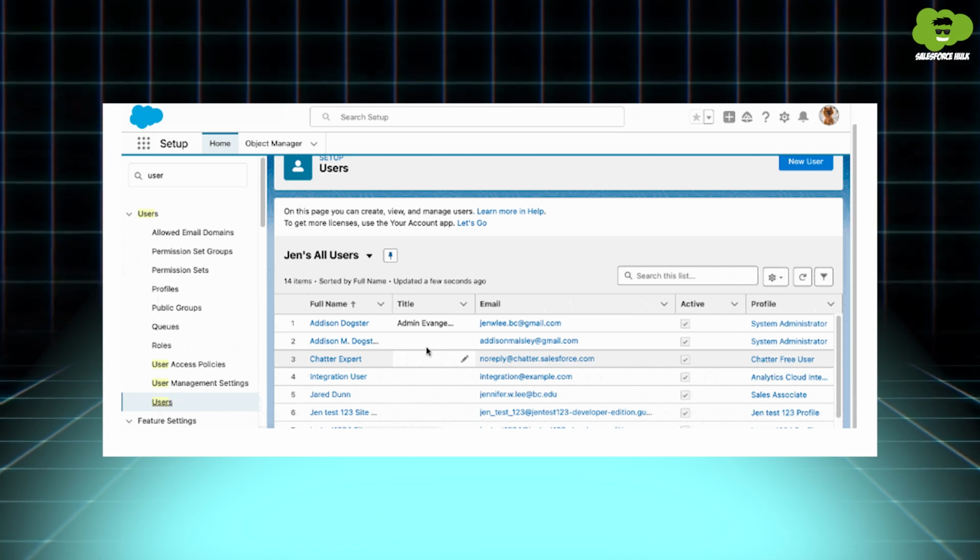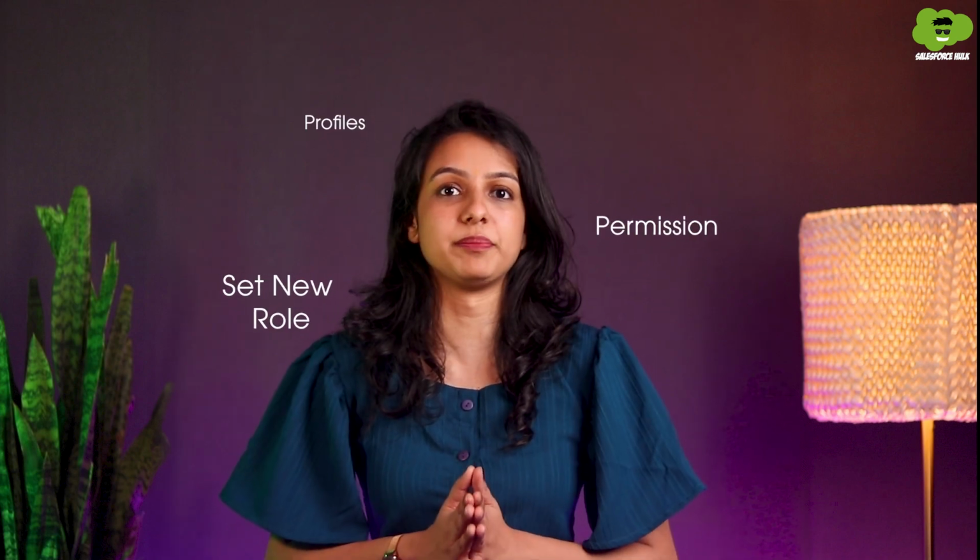With the help of this, you can find and modify multiple user records quickly, all within the same window for your enhanced user list view. Set new roles, permissions, or profiles without jumping between pages.